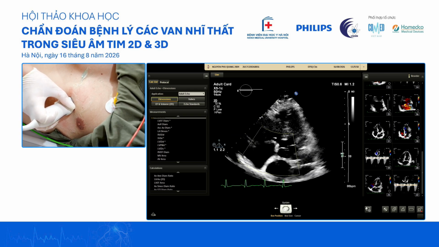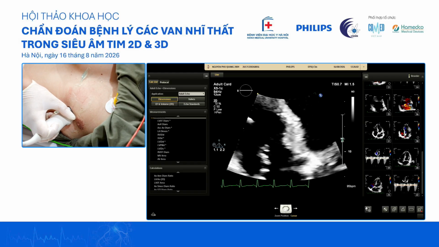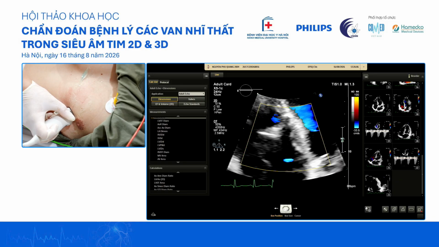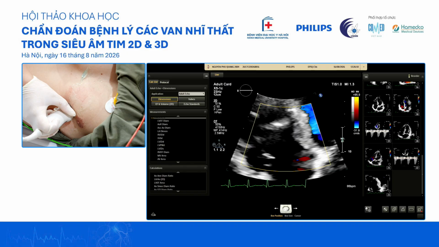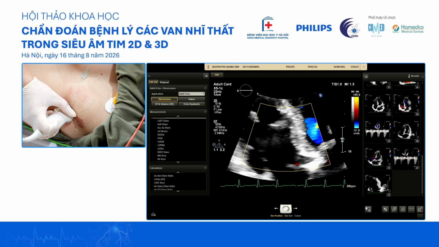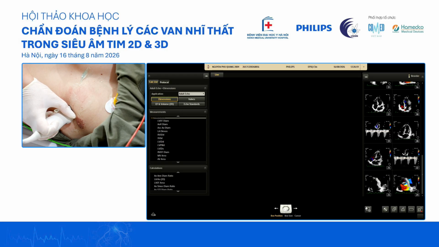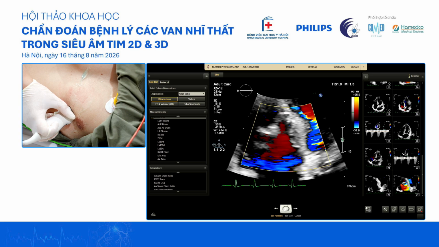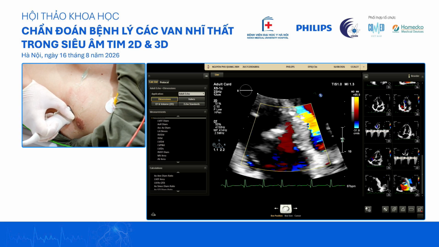If you want, you can also zoom in and try to acquire the PISA. Chúng ta zoom vào để đánh giá, tìm cầu hội tụ. You might need some angulation in order to get the PISA head to come out, because we know that the 2D is only one plane, so you only see maybe two leaflets, but the regurgitation might be coming from the other leaflet too.